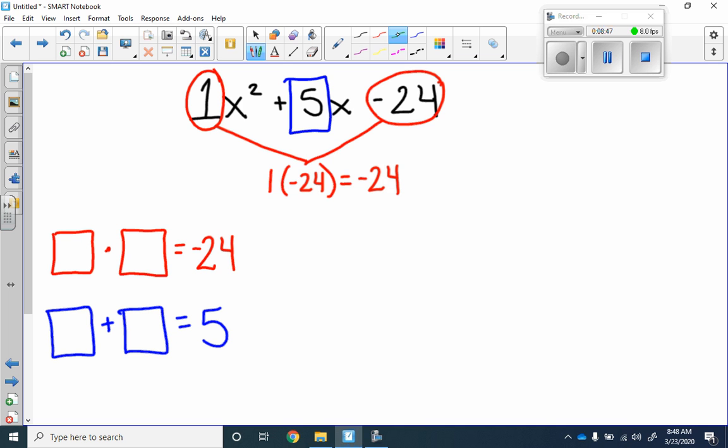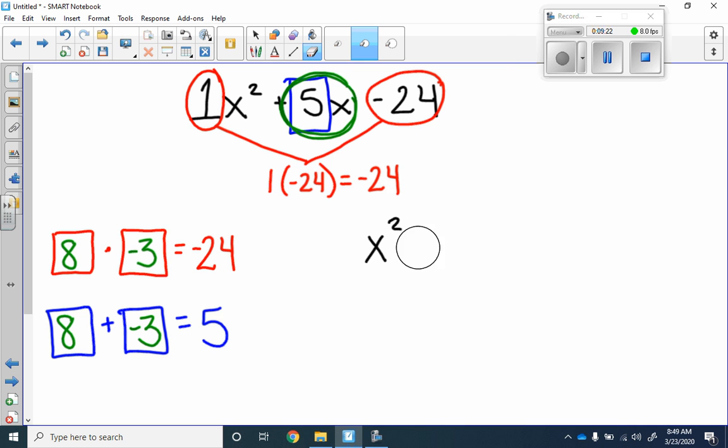So now when you're starting there and you're thinking about this, well, if we do positive 8 and a negative 3, those multiply together to be negative 24. And positive 8 plus a negative 3 add together to be 5. So what we're going to do right here is you're going to take this 5x and we're going to rewrite it. So now I have 1x squared. I don't usually like putting the 1s there. So x squared. And we're going to rewrite the 5x into plus 8x. And I'm going to use a different color, sorry. So we're going to go plus 8x minus 3x